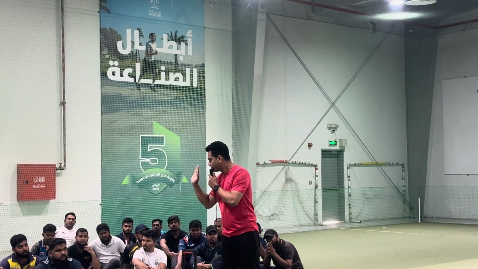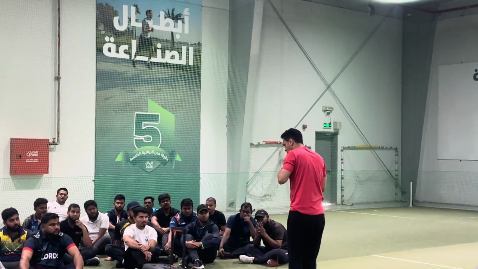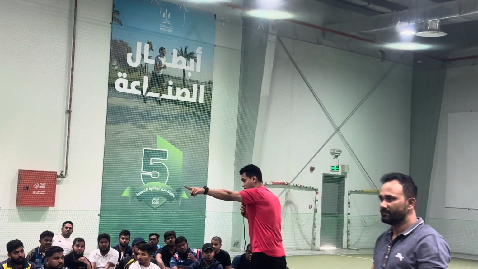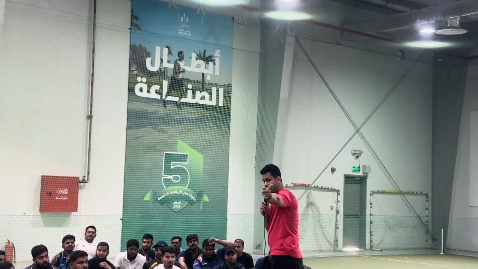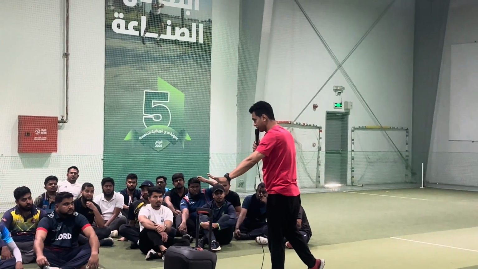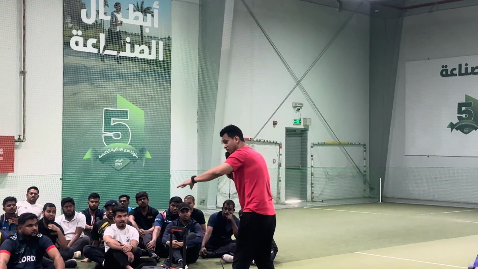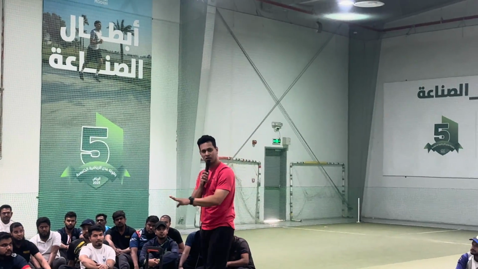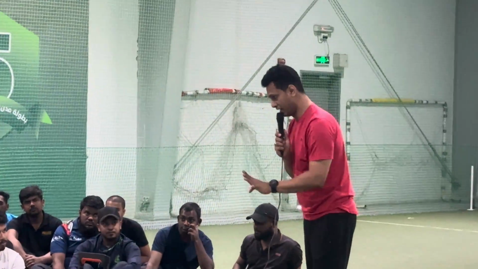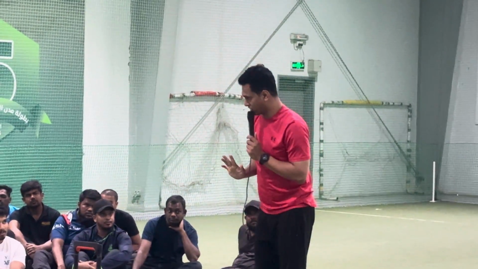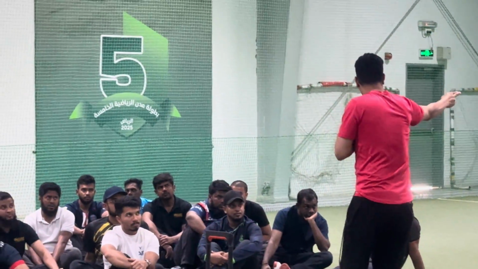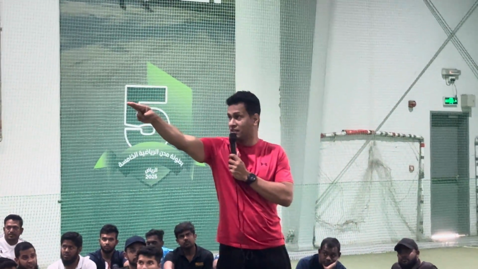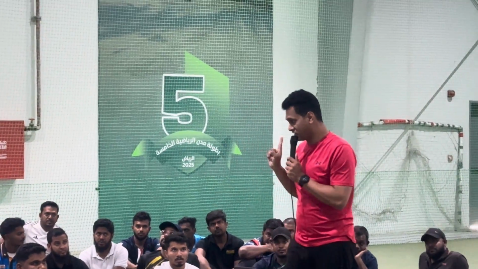3. For a boundary, the batsman hits a shot, and the ball has to go straight and touch the net. If it touches either of the side nets, it is not a boundary. The ball can pitch or roll however it goes, however many pitches. If the ball touches the net, it is 4 runs declared. Same thing for the 6. The ball has to go straight and touch the net, then it is a 6.